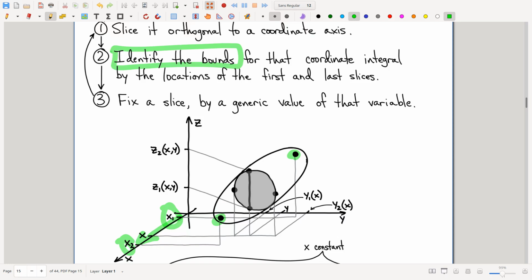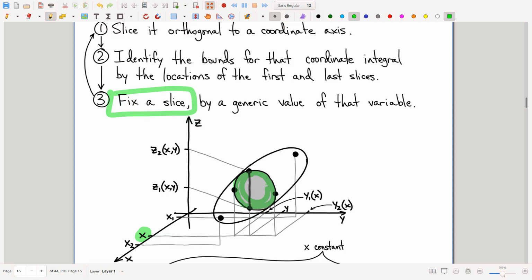Having identified those bounds, we then fix a slice. So I'm going to fix a value of x here. Right? And for this value of x, the slice looks like this. And for that value of x, we now come back up to the top of this little three-step process, and it all begins all over again with the